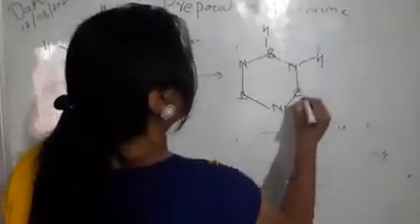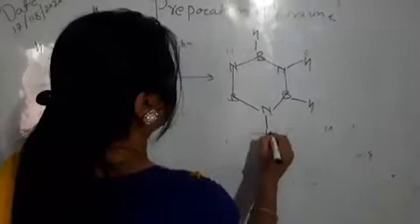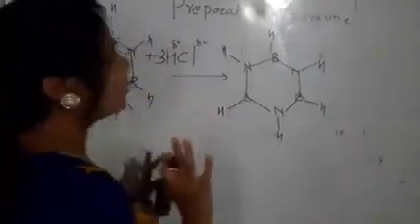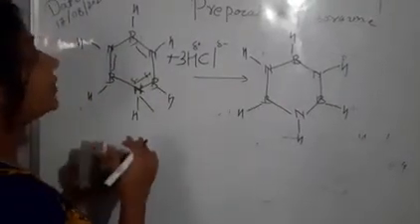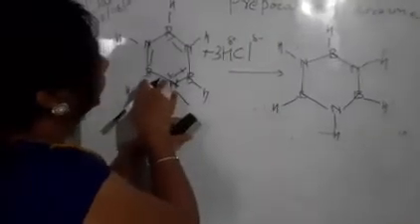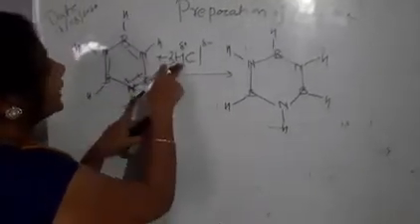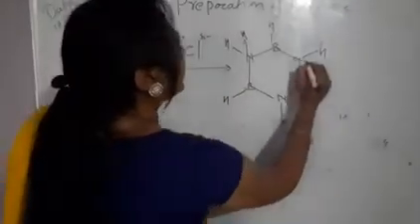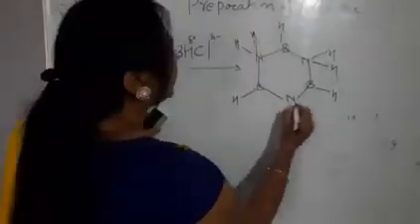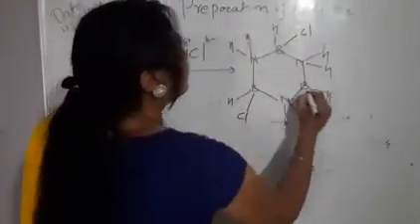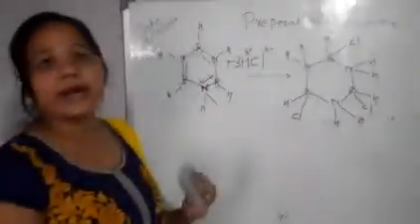Now it undergoes an addition reaction. When the pi bond breaks, one valency of nitrogen and one valency of boron will be free. Now where will the hydrogen go and where will the chlorine go? Here nitrogen has a slightly negative charge, that's why hydrogen is added here. Here also there is addition of 3 hydrogen atoms like this, and on the boron the chlorine atoms are added. So when it is treated with 3 molecules of HCl, we get such an addition compound.